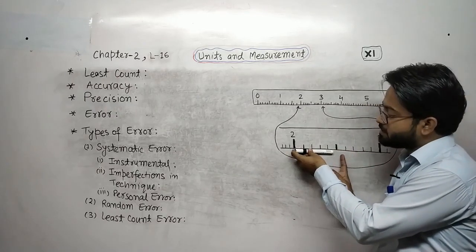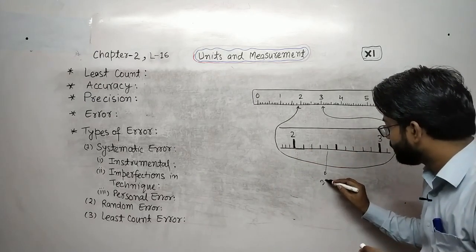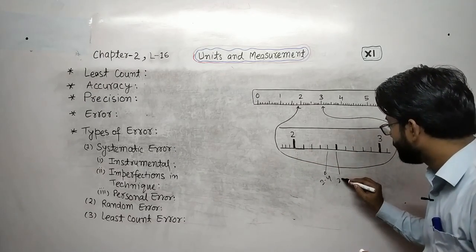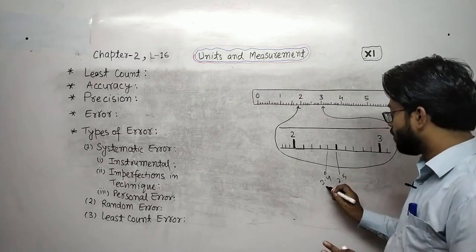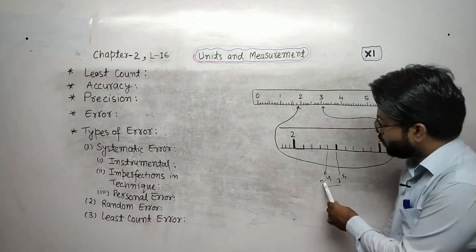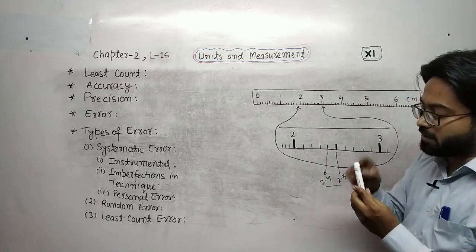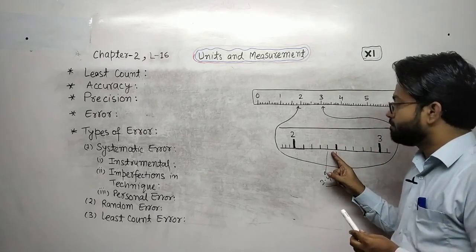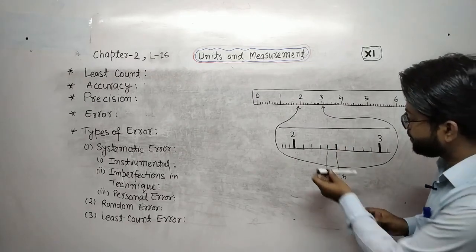This scale can measure 2.4 or 2.5, not in between, because the least count is 1 mm. But the end of this marker comes between these two marks. Okay,